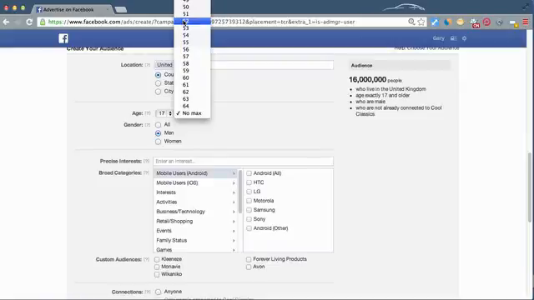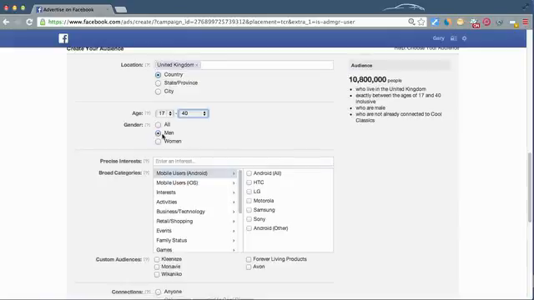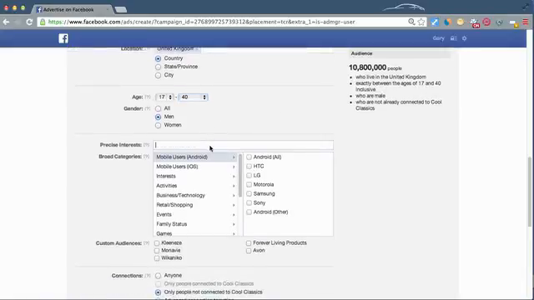And as I say, you can specify an age range. So let's just say we want 17 to 40, and we're just targeting men. So now that's dropped that down to 10 million. Where it gets really interesting, we can specify actual precise interests, and what Facebook will do is try and